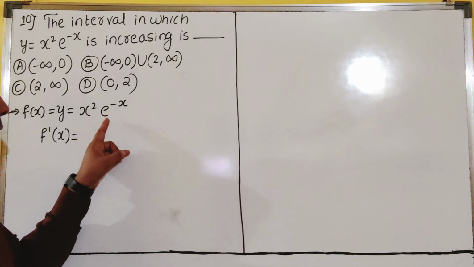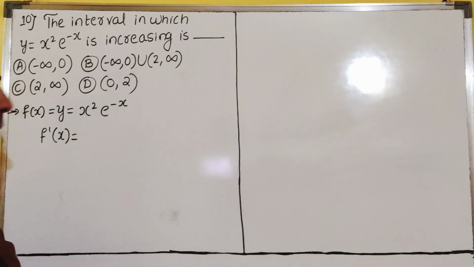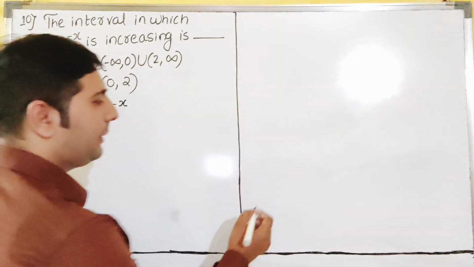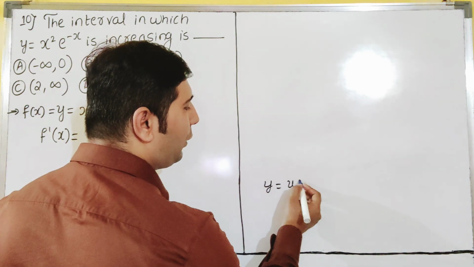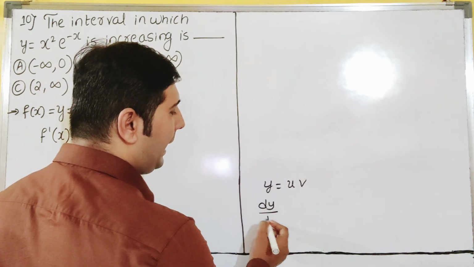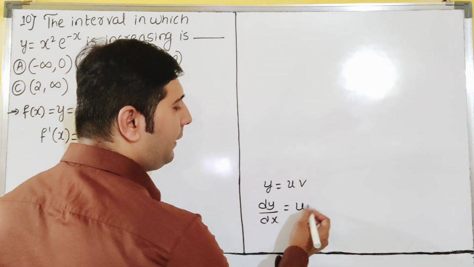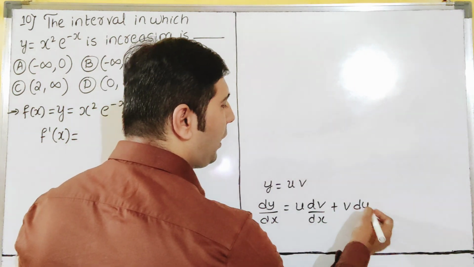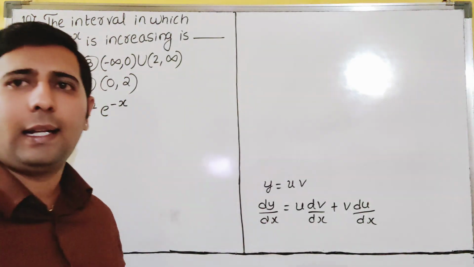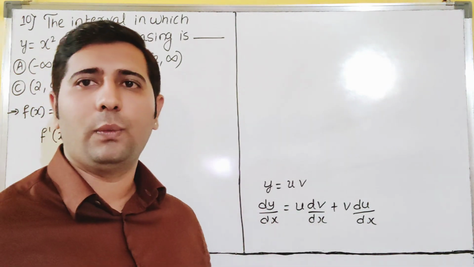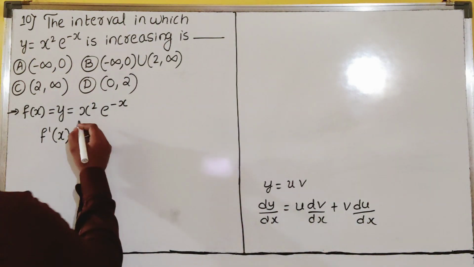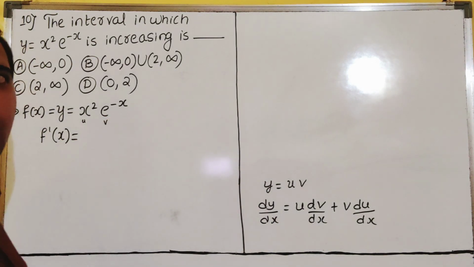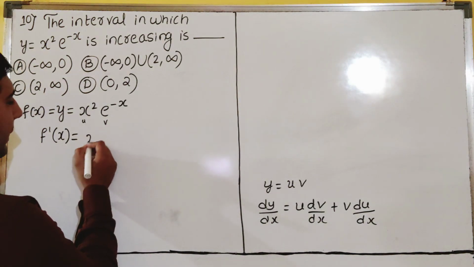This looks like u into v, as we call it. So u into v, y is equal to u into v. So how did you used to write the derivative? dy by dx is equal to u written as is times derivative of v, plus v written as is times derivative of u, dear students. Clear? Now I have to do this one. What is u here, dear students? u we will take as x square and v we will take as e raised to minus x. So u I will write as is, x square.